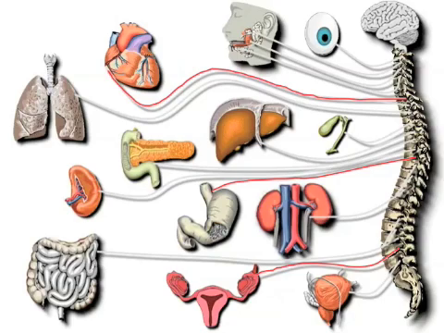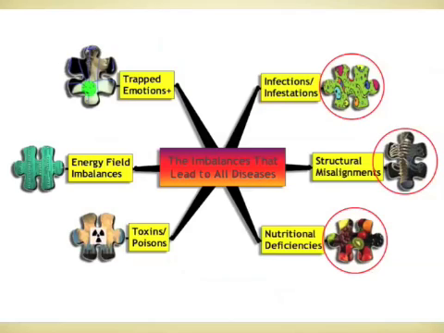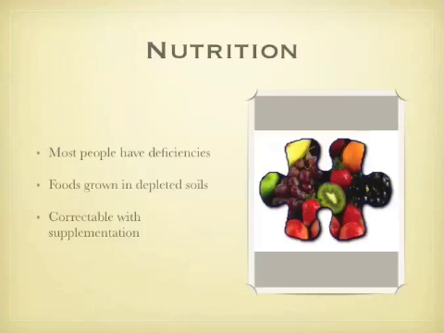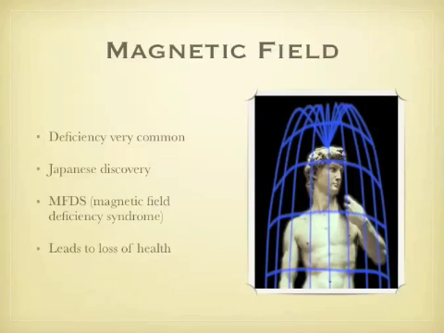You may be doing everything right. You may be taking all the right nutrition. You may have a positive mental attitude. But if your brain is not communicating well with those organs and glands of the body, and if there's interference going on there, well, you're handicapped. You need to get that addressed. Let's move on to the next piece of the puzzle here, and that's nutritional deficiencies, okay? Most people have deficiencies. Of course, our foods are grown in soils that have been depleted for many years. Luckily, nutritional deficiencies can be corrected with supplementation, and that's a fairly easy thing to do.